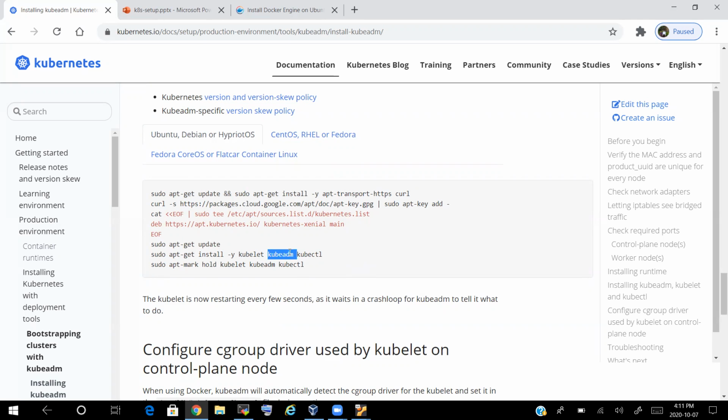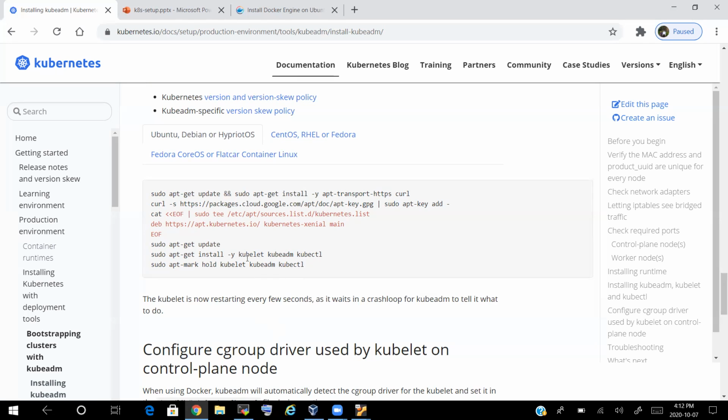Using this kubeadm tool, we will try to bootstrap the manager node and the worker nodes, which are called the control plane and compute plane. And what is kubelet? As I have explained in the architecture, if you recall, kubelet is a service which will be running on all the nodes, which will accept the request to create the pods on the worker nodes and the master node, if it is allowed. So these are the packages, each with its own responsibility, and this is what we are trying to install.